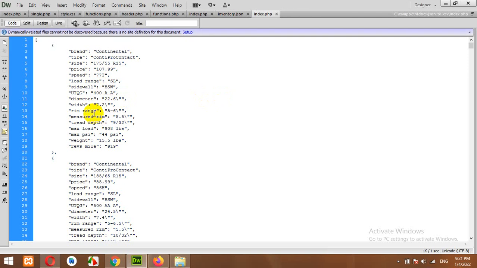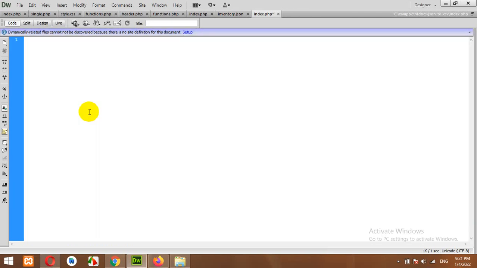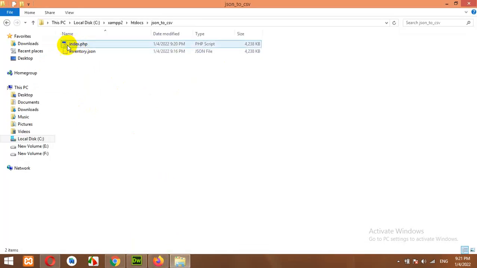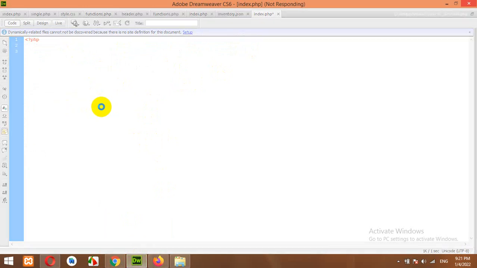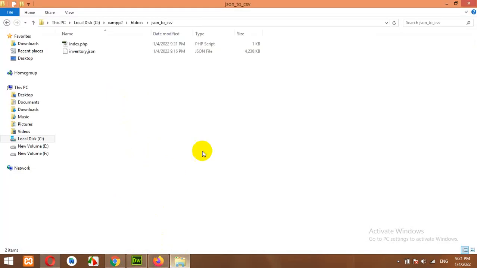Okay, once it's saved, I'll select all contents and remove them. Now I'll start PHP tags in this index.php file. If you open the folder, then there is a new index.php file. This file size will be reduced to 0 KB because I already removed the content and saved. Once it's saved, then you can see it's 1 KB now. Okay, first of all, we will read this file